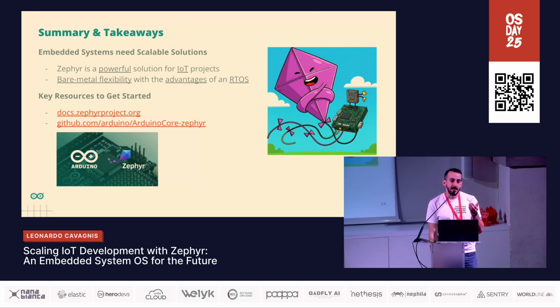If you are interested in working with Zephyr, you can go to the official documentation that is wide, simple to understand, and easy to learn. And if you want to contribute to our core, you can go to github.com Arduino core Zephyr, and then you can help to improve our Arduino core for Zephyr, because at the moment it is in the beta version,